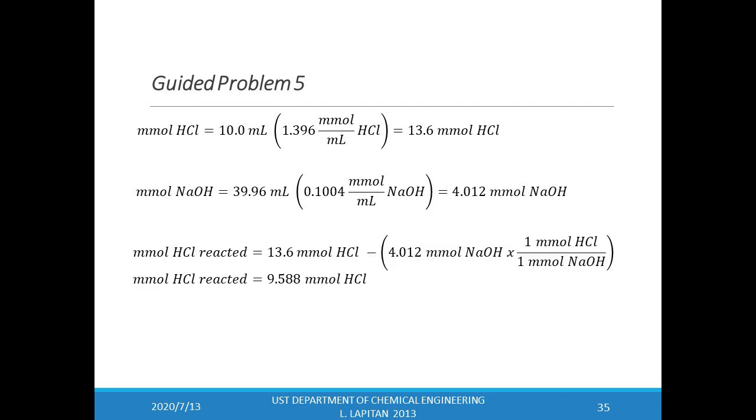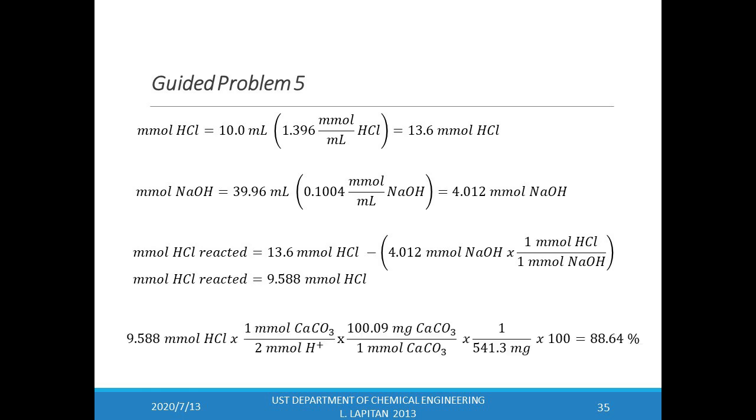Again, just like in any other back titration problem, we can determine the millimoles of HCl that reacted by subtracting 4.012 millimoles of sodium hydroxide from the millimoles of HCl. Now take note that this reaction is a 1:1 ratio. Calculating, the millimoles of HCl that reacted is equal to 9.588 millimoles. We can relate the millimoles of HCl to the mass of calcium carbonate using a simple stoichiometric relationship and a factor label approach as shown here. Now dividing this by 541 milligrams of the sample and multiplying by 100, we'll get